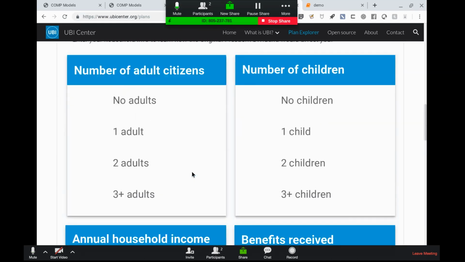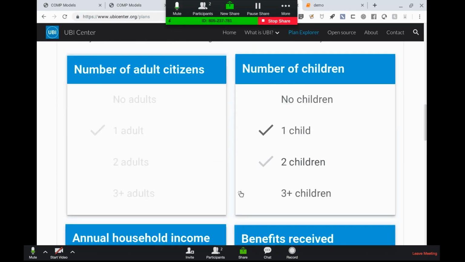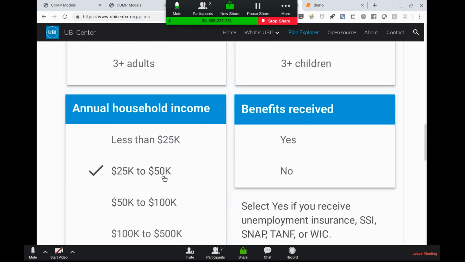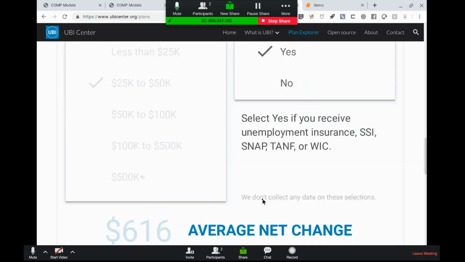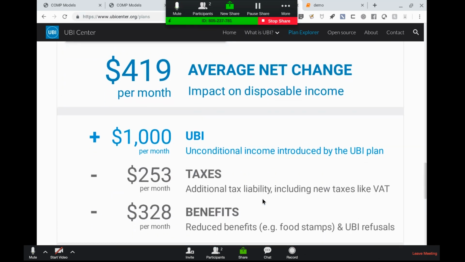Let's look at single adult, maybe one child, and let's say they're sort of middle income, and let's say they're actually getting benefits. So in this case, they're still going to have a net change, but they are losing a fair amount in benefits that sort of draw back from the UBI.